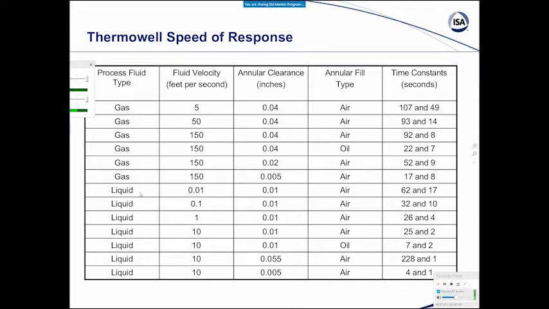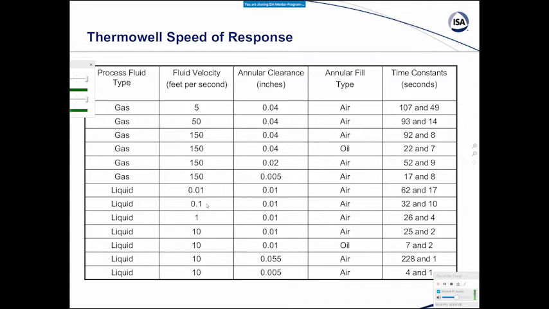Inside the thermal well. So you look at then at liquid process responses, and you see that the velocities are quite a bit lower. That's just the way it is in processes, and we see that we get into some very large time constants for some very low velocities. What we'll see when we get into pH measurement control, the effect is actually much more dramatic in terms of low velocities for the pH electrode response.